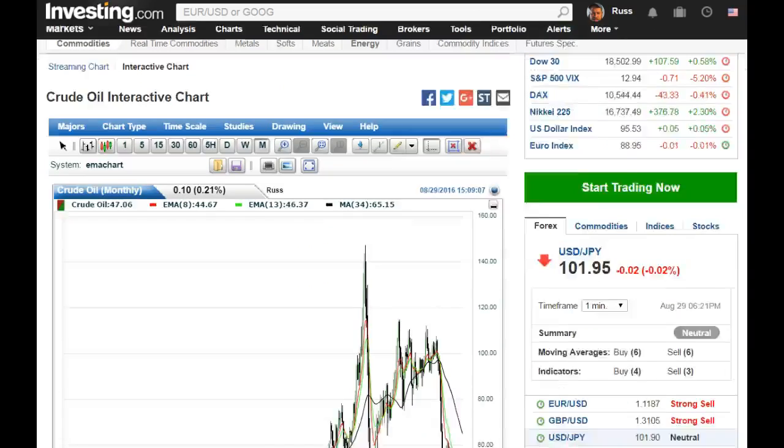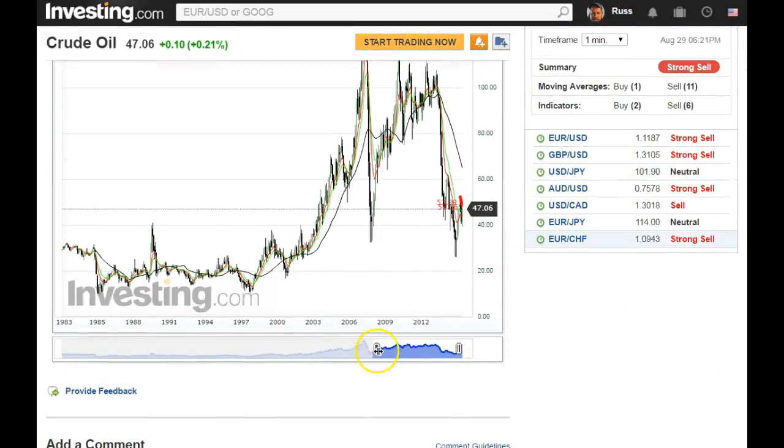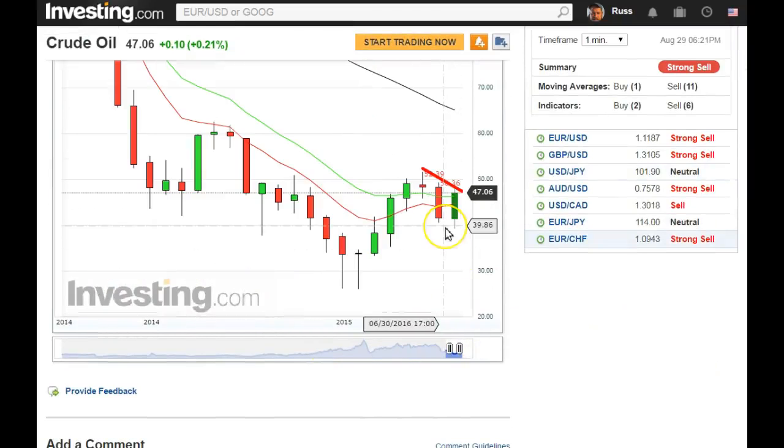Monthly, let's see how crude is closing on a month. I know the monthly needs a lot of help. Yeah, we're working that double bottom forever. Now we got a bullish piercing pattern. Wow, didn't see that coming. We got a bullish piercing pattern on the monthly chart. If it can close up here in this area,